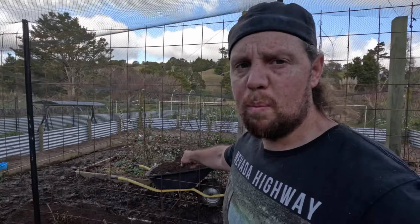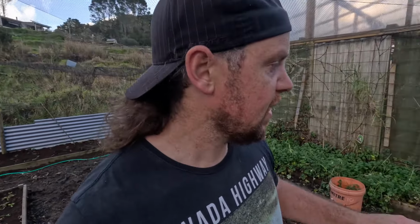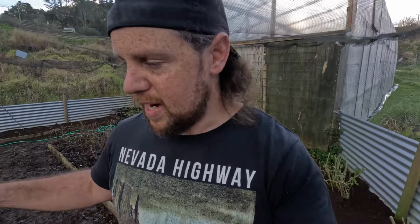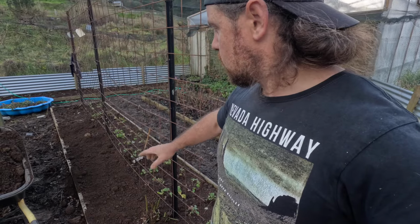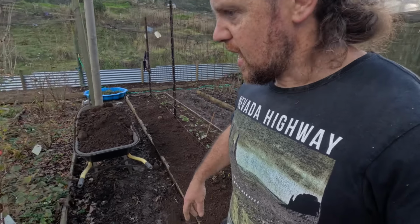That is my truck emptied. I've got 1 more wheelbarrow load over there for when Debs gets onto the next bed. But basically what I've achieved is these are Cape gooseberries over here. We've filled all that up with topsoil, and these boysenberries, loganberries and that over here. The rest of that's filled up with topsoil, so Debs will be planting more strawberries in there, and then we're